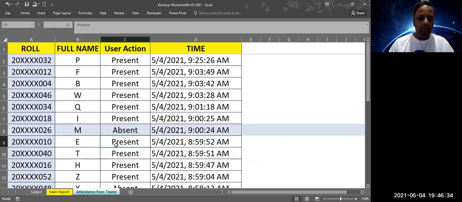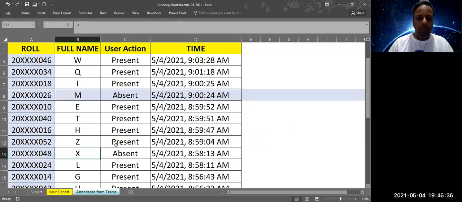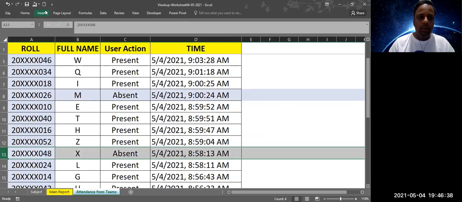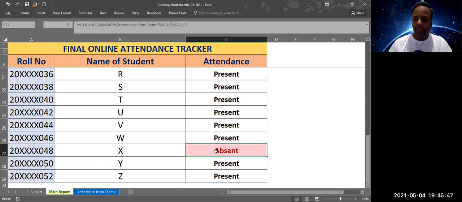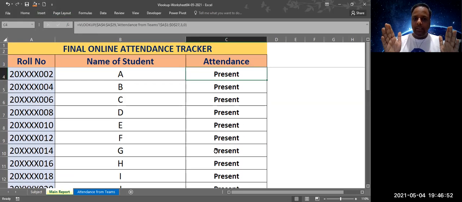So this is just a process to know whether our formula is right or wrong. Can you see here? It is absent. Even the M is absent. So that means we have put exactly the right formula for VLOOKUP. So it is very easy, guys. We don't have to confuse on this. In case of any confusion, you do let me know where is the confusion. We're going to sit, we're going to work on the example, and we're going to work out so that we understand what exactly the VLOOKUP is.